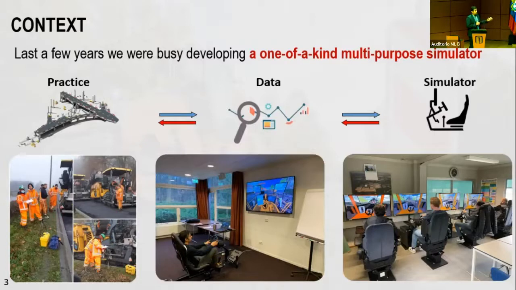So about 3 years ago, we started developing this training simulator, which is kind of unique also in nature. Why I call it unique is because it's not a hypothetical scenario that we build in Unity and then ask operators to follow. Prior to that, we had been collecting a lot of data from the actual paving operations. We developed a simulator that works based on the data that we collected from the site. You look at the data, you translate this data into a context-realistic training scene, and then you immerse the new operators or trainees into these context-realistic simulators that are built based on the actual projects.